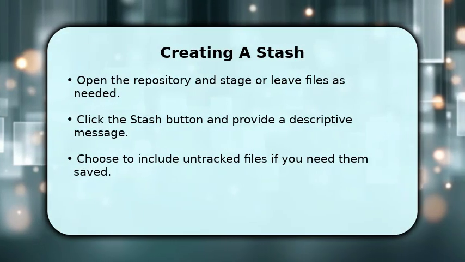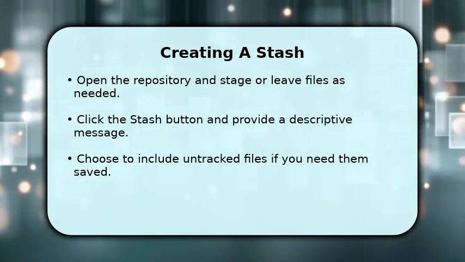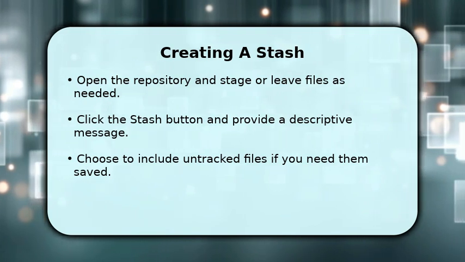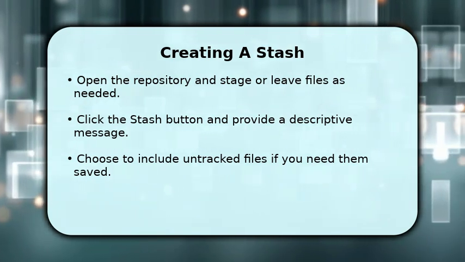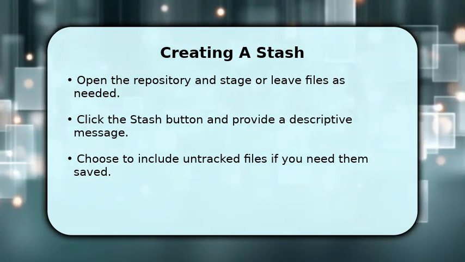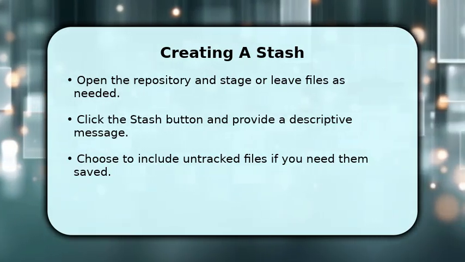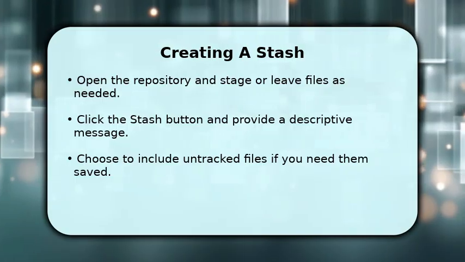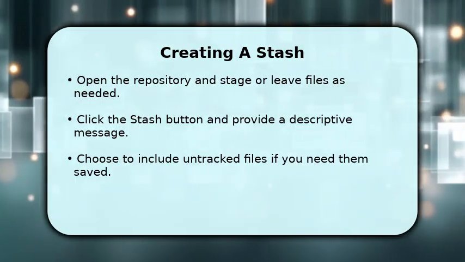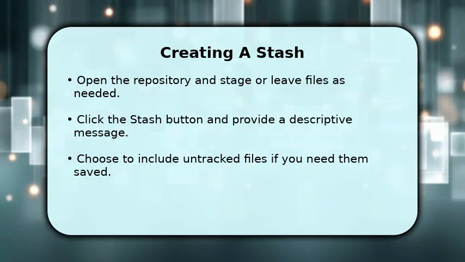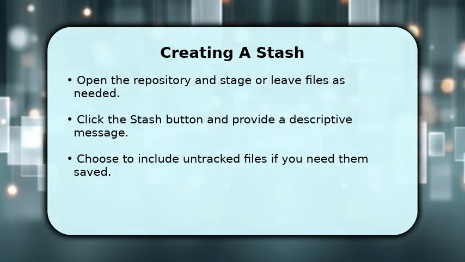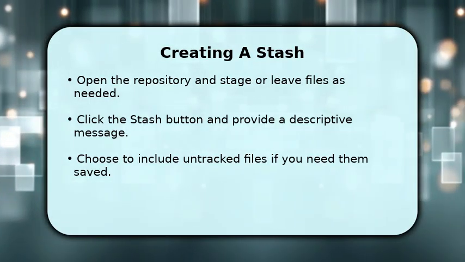Open Sourcetree, select your repository, and review modified files to decide what to stash. Click the Stash button, type a concise message, and tick the option to include untracked files if required. Press the Stash button to save your current work state without a commit. This keeps your working directory clean while preserving changes for later retrieval, making it easy to context switch without losing